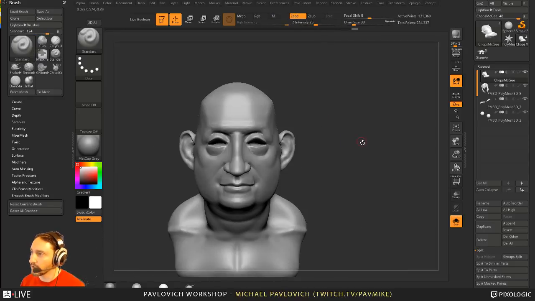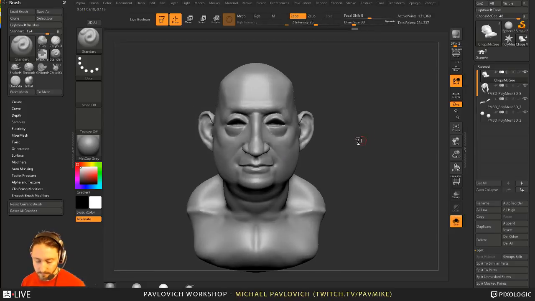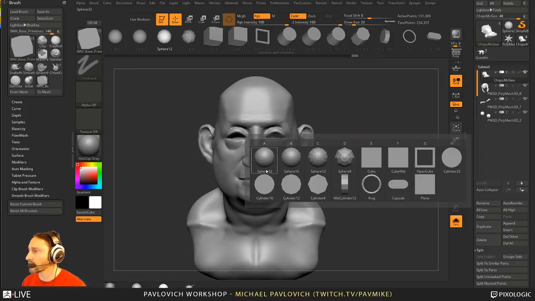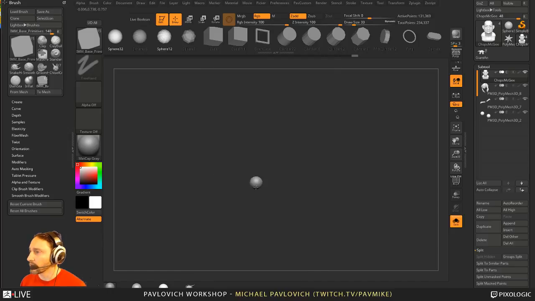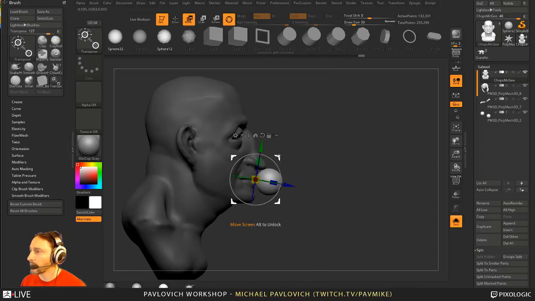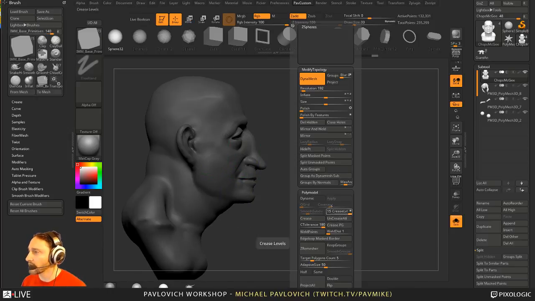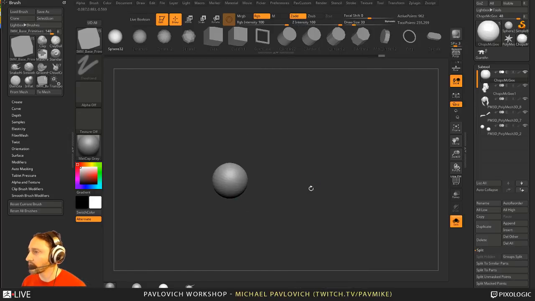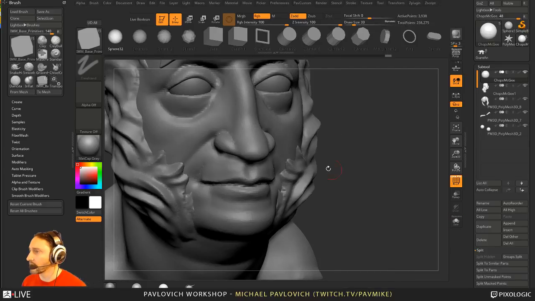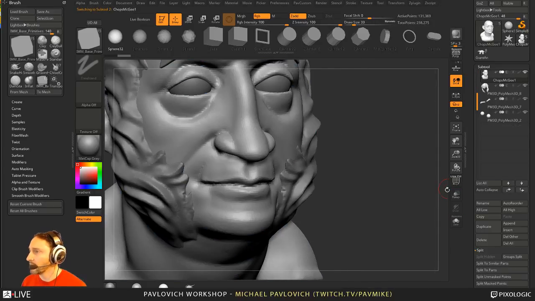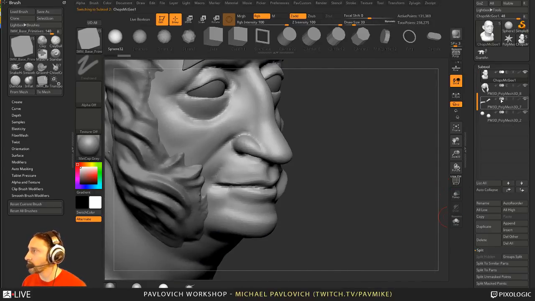We got the nostrils pushed in, and if I wanted to put a mouth bag in here, I can go through here and we can insert. I guess just a sphere will be fine. We'll put that in his mouth, and we'll go ahead and split mask points. And for this one here, it just inherited the Dynamesh properties that were in our previous mesh here, and that's fine. But for this mouth bag,